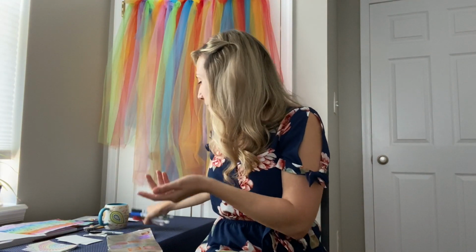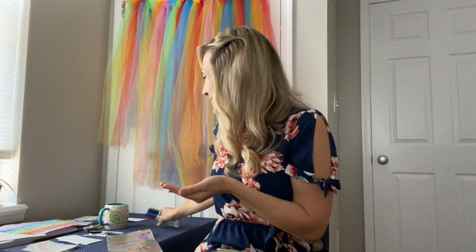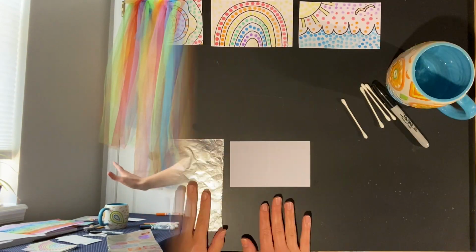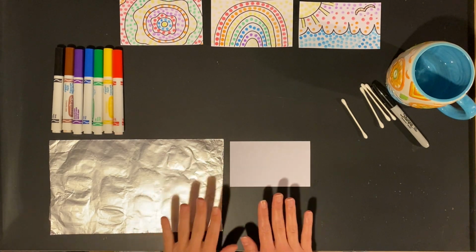And to make our paint today, we're going to be using washable markers like these Crayola ones. So it should be washable marker. And this is going to be creating our paint. So go ahead and get all that stuff and meet me back here and I'll show you how we're going to do it. All right, so I've got everything that I need set up here,